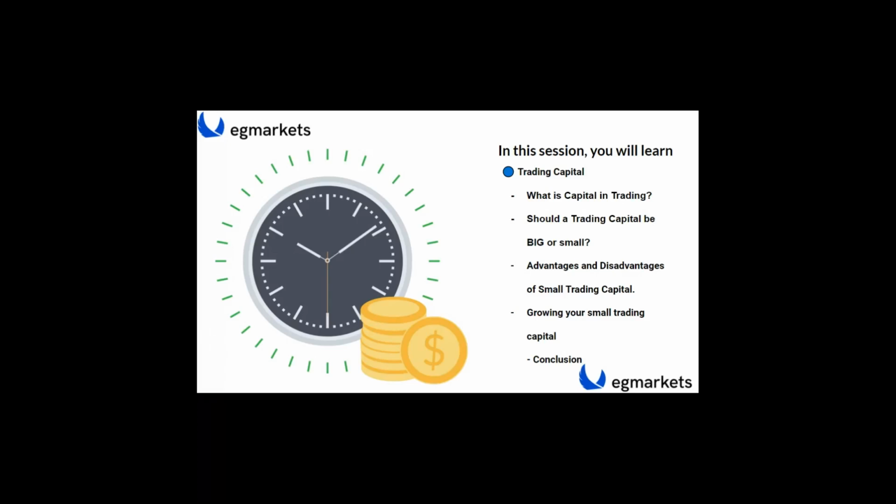Because losses are inevitable in the financial markets, I will let that be known to you. But the idea is lesser losses, greater profits. If you're willing to risk one to lose one, you should be willing to make two and above. So capital in trading is basically the money you use to start trading and the money you're willing to risk and lose.